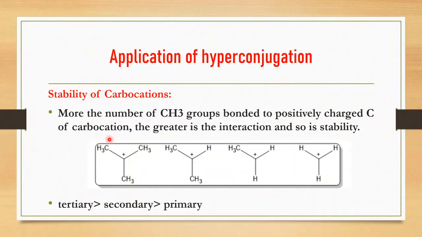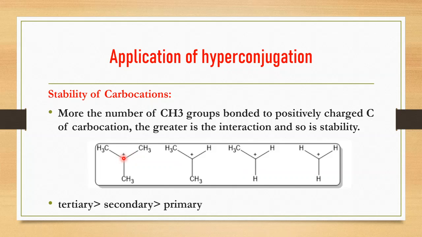So very first, stability of carbocation. We know that carbocations are of three types: tertiary carbocation, secondary carbocation, and primary carbocation. In this first structure, the central carbon has a plus charge and is attached to three adjacent carbon atoms, so it's an example of tertiary carbocation. In the second structure, the central carbon is attached to two more CH3 groups. It is a type of secondary carbocation. While in this structure, this carbon is attached to only one carbon. It is an example of primary carbocation.